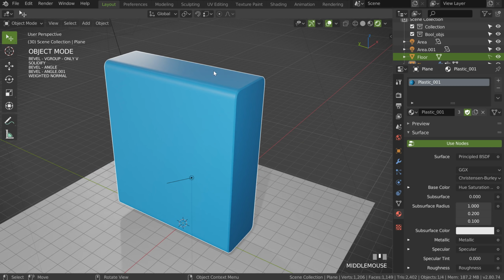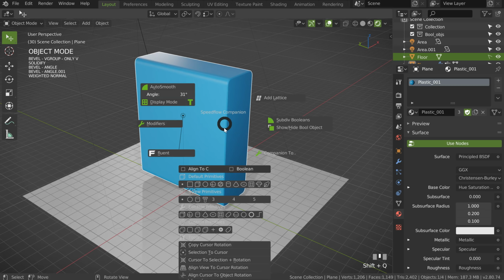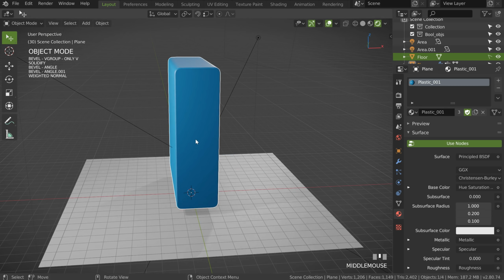What I will do now is to add a cut here. So, what I will do is press Shift Q, add another plane, but I can cheat and click on Align to Cursor. I can click Shift and right click here. As you can see, if I select the cursor, I am in geometry mode.